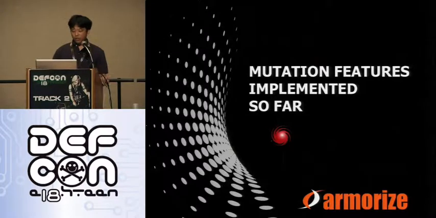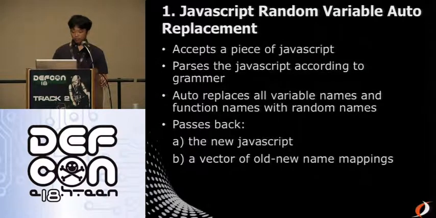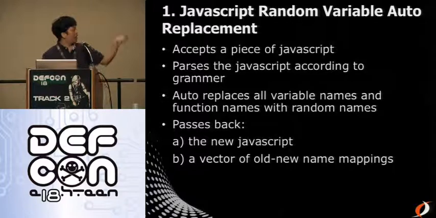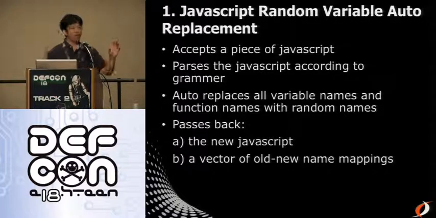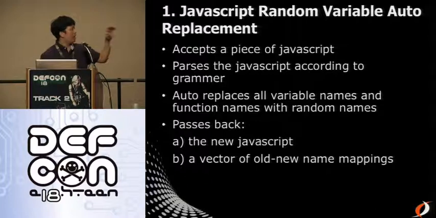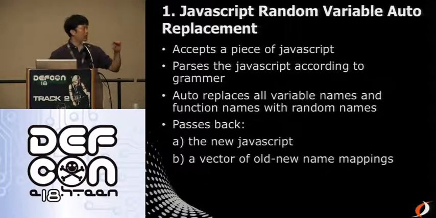So, mutation features implemented so far. We've implemented 5 main features so far. One is JavaScript random variable auto replacement. It accepts a piece of JavaScript. It parses the JavaScript according to the JavaScript grammar. It identifies all names, including variable names and function names, and it auto replaces those variable names and function names